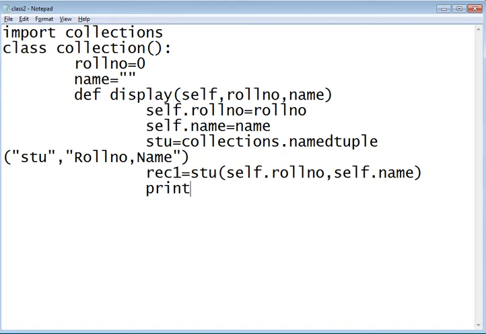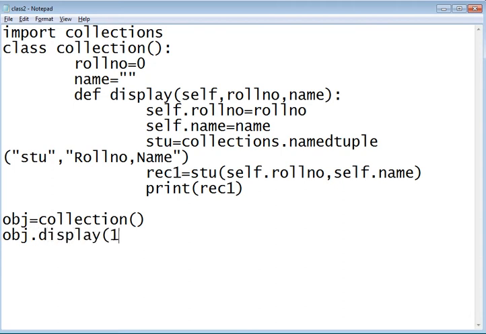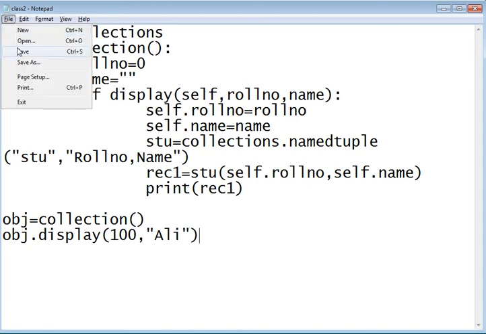We should have print record 1. Okay, and in the OBJ we have the collection class. Here display, we have this display function, obj dot display function, and we should provide roll number 100 and name Ali.